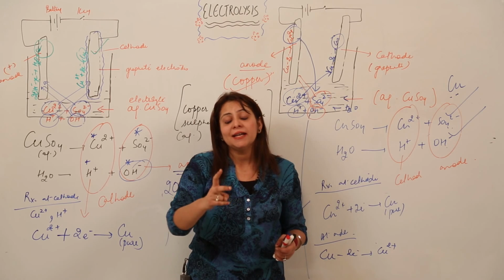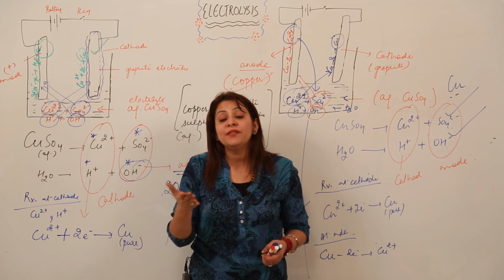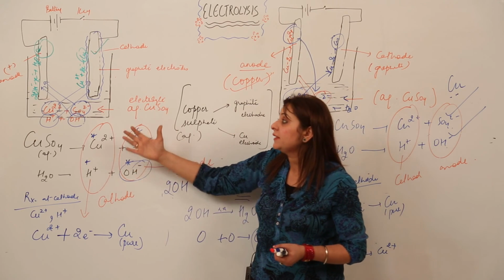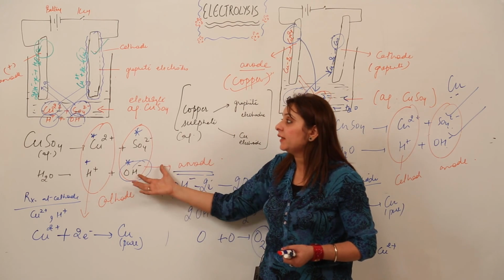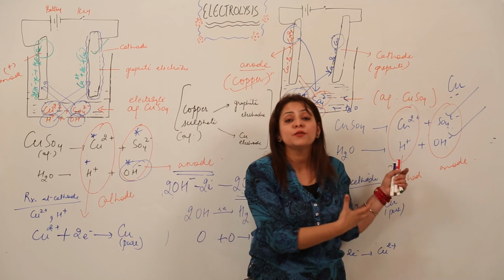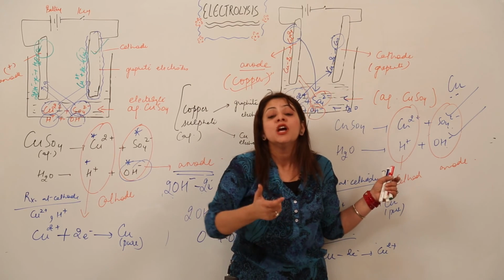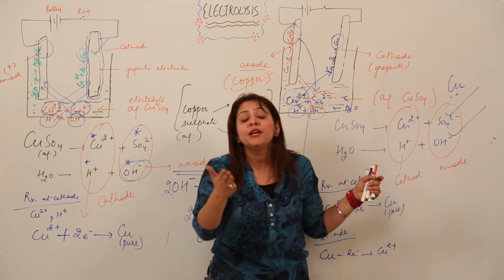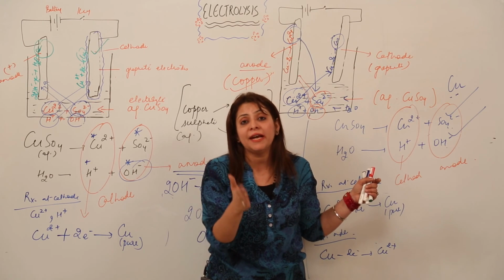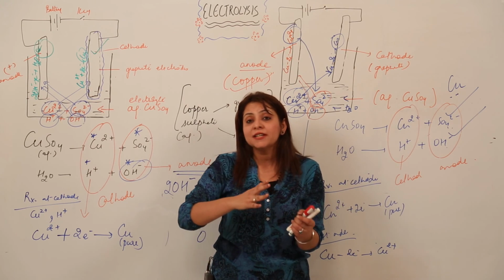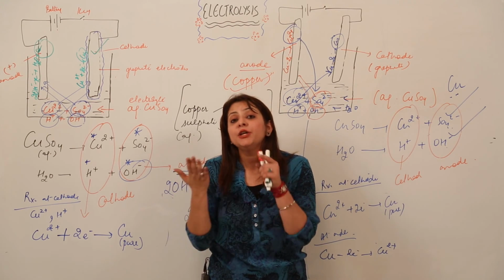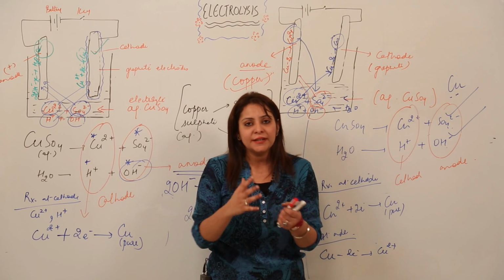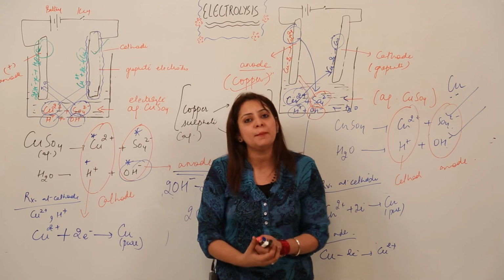The second thing is that when you are doing electrolysis, even the nature of the electrode matters a lot. As we saw, in this case the hydroxide ion was getting oxidized, but in this case, as it was already made up of copper, neither the sulfate ions nor the hydroxide ions were getting oxidized, it was the copper only which was getting oxidized. So you should be concerned with the nature of the electrolyte, and with the nature of the electrode as well. It is very important. Just write in your copies and look for a few more examples and try to do them.